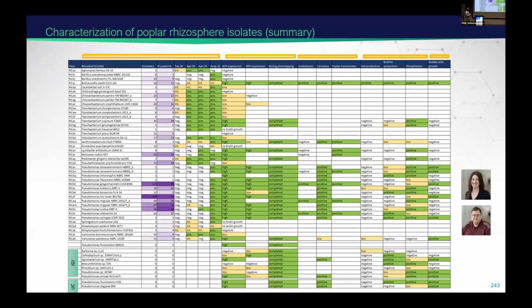We looked at antibiotic resistance. We looked at whether we can easily express fluorescent proteins. Then we also did Biolog phenotyping on these organisms. And since we had labeled cells, we also looked at colonization in Arabidopsis, Camelina, as well as poplar. And then we also looked at whether they can produce IAA, whether they can solubilize phosphorus, whether they can form biofilm, as well as